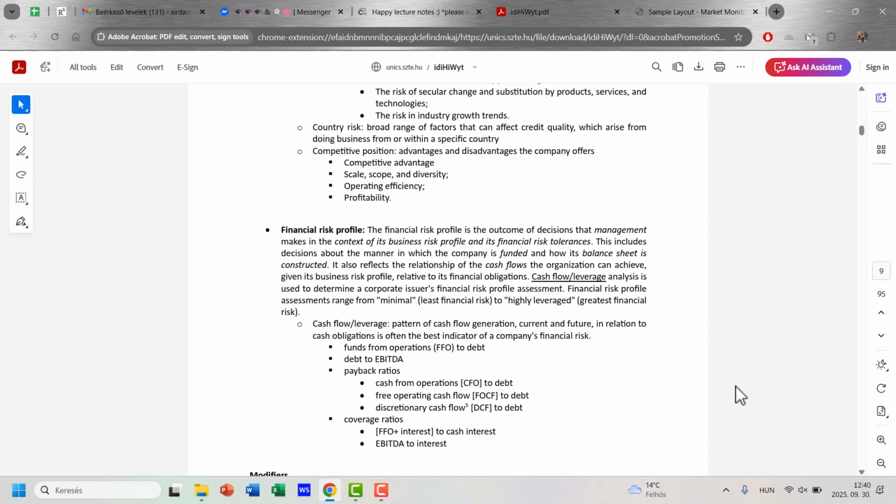SpaceX has these Transporter missions where they launch more than 100 satellites into space, or at least low Earth orbit. In this case, it's absolutely packed full, and you can send cargo into space for less than $1 million. So it's really efficient. From a corporate point of view, the problem is that you have to put this cargo together. We can say there is growth in terms of mission numbers, but in launch numbers we can't see it.